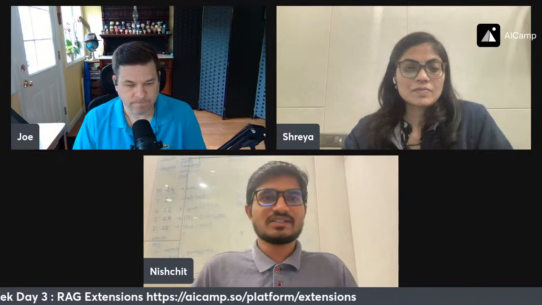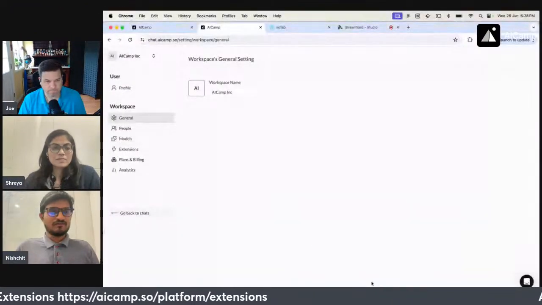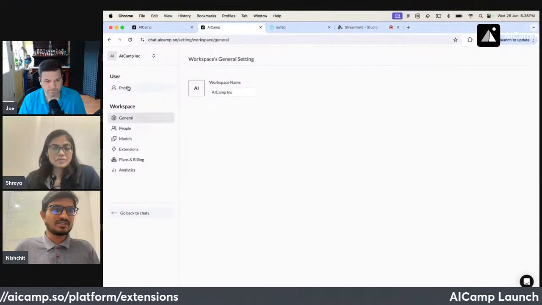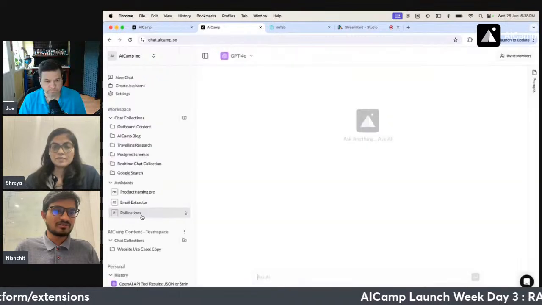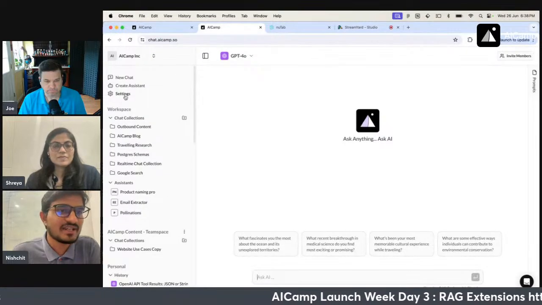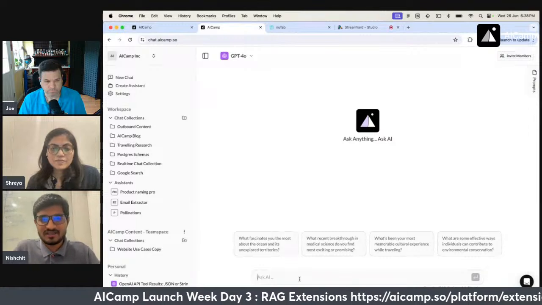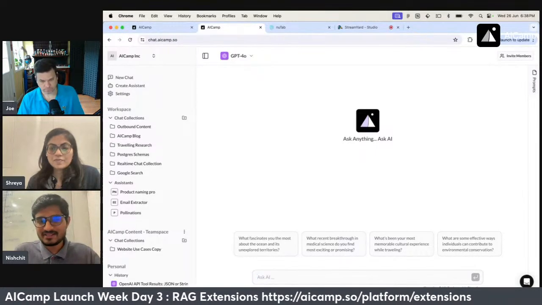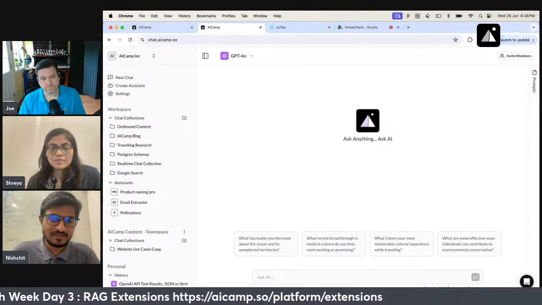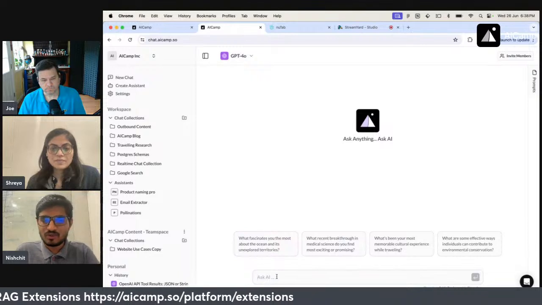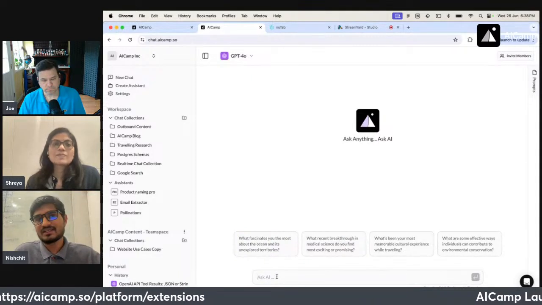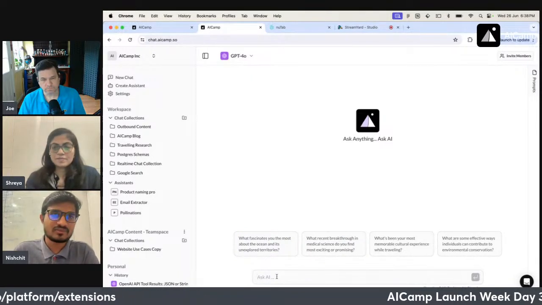Okay, so this is the dashboard of AI Camp. Let me go back to the main dashboard, and here is the setting. You can see this chat input. You can ask anything from here, right? But it only accepts one command at a time. You cannot modify it in the way you would like to have the answers from the AI.